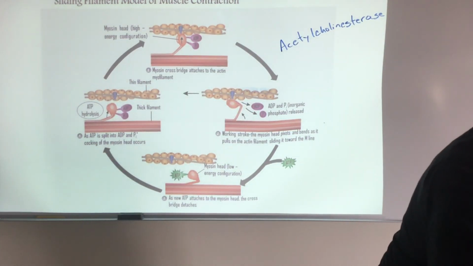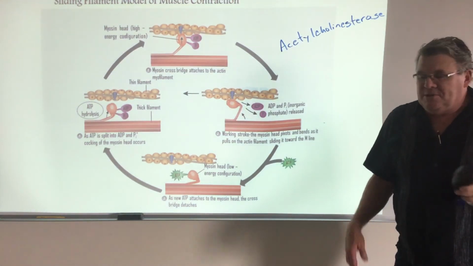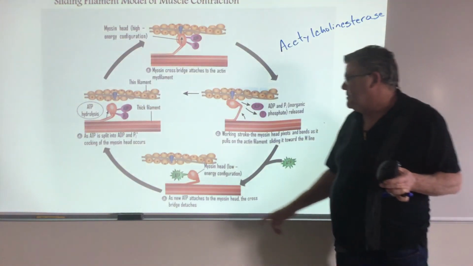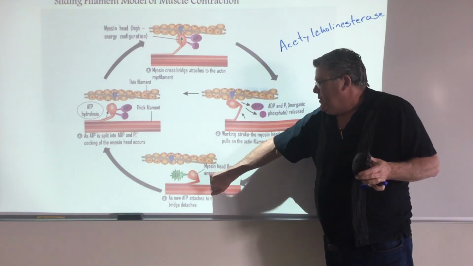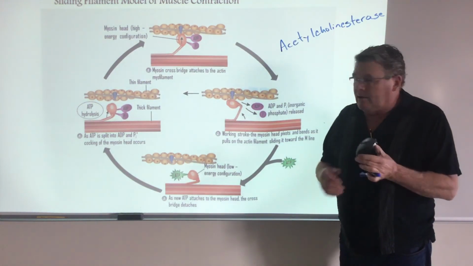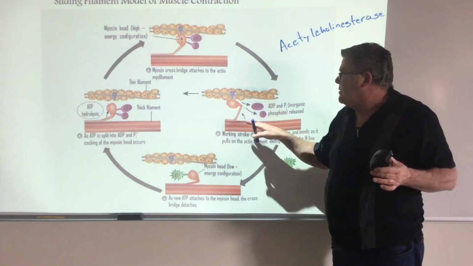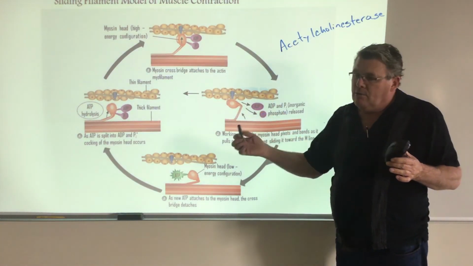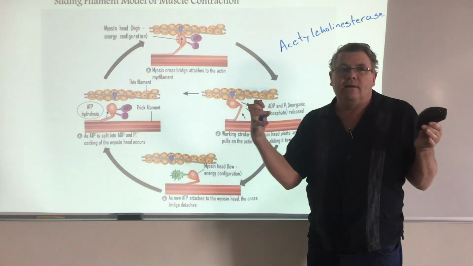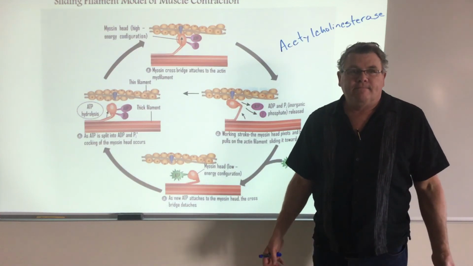Now, to wrap us up, let me get back to rigor mortis. Why is it when you drop dead, you stiffen up for a while? Well, here's what happens. You don't have ATP. You're no longer making it. Your cells no longer function. And if you don't have ATP, you can't break that bridge. So whatever state of contraction, whatever position the muscles were in, with no ATP, you can't relax them. So